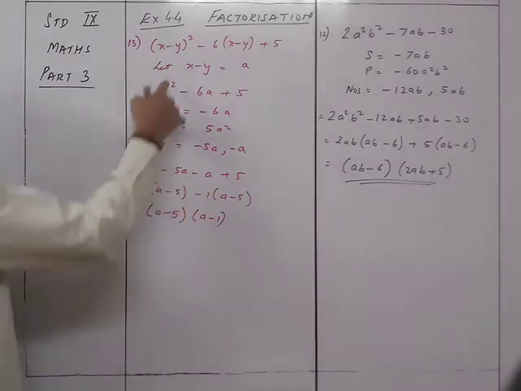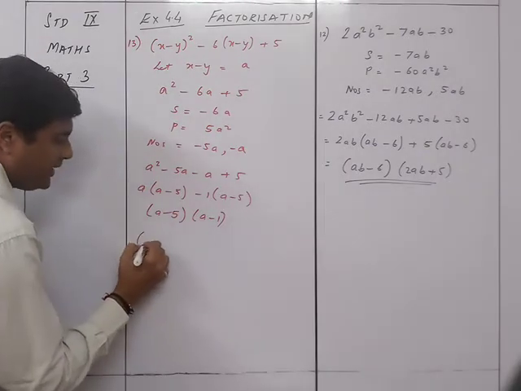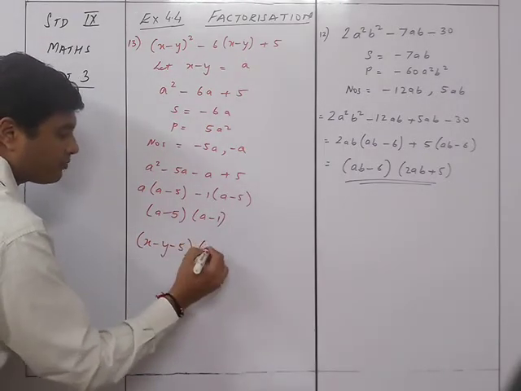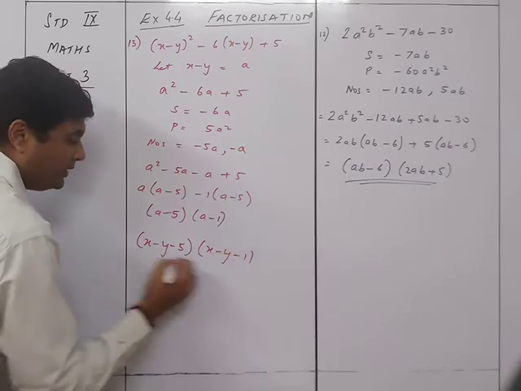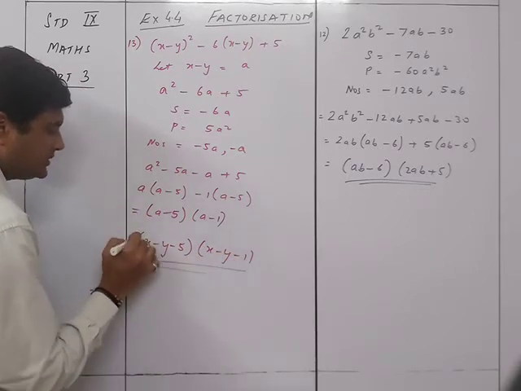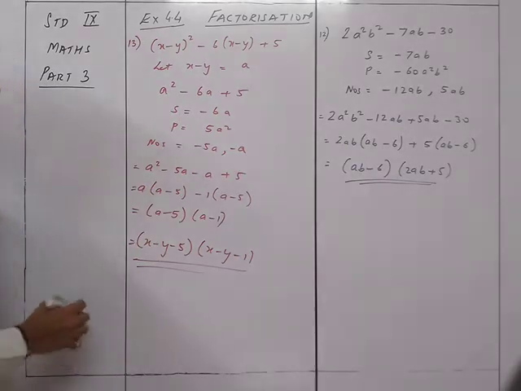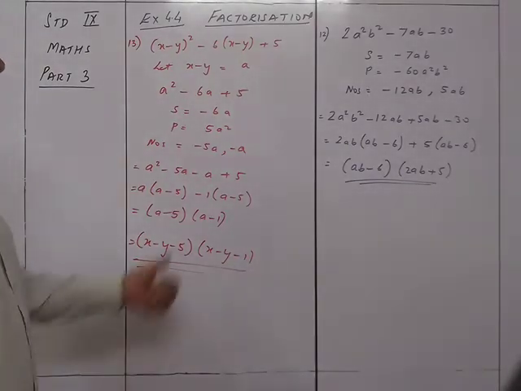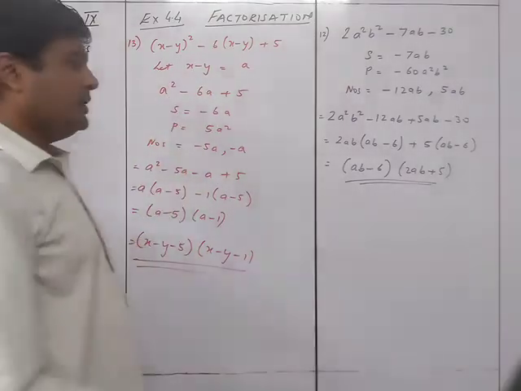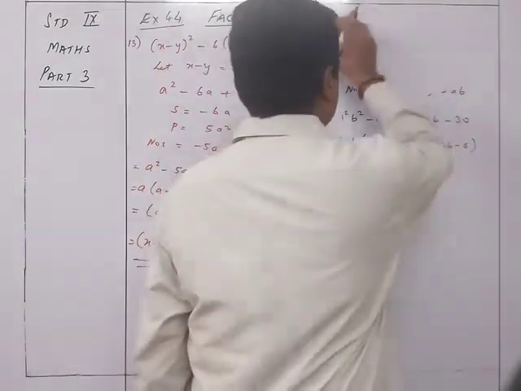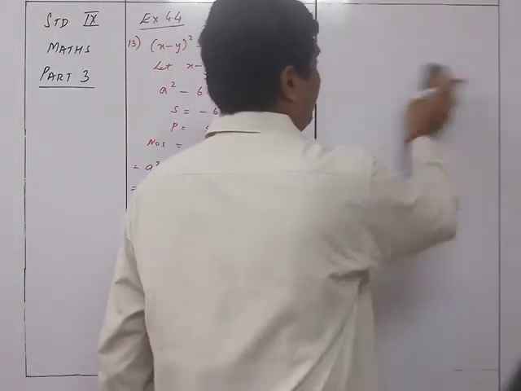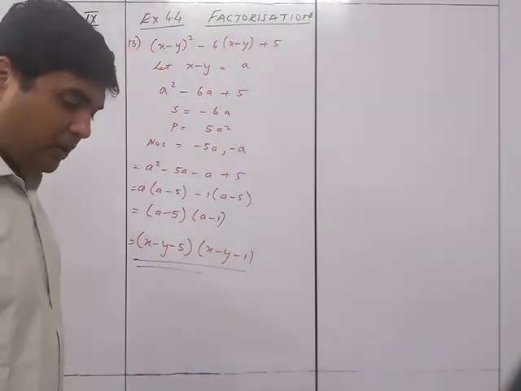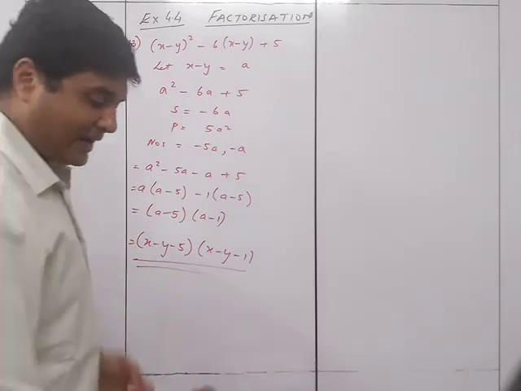Now you resubstitute the value of x over here. So it will be x minus y minus 5 and x minus y minus 1 to be the answer. Okay, so that is how we are doing sum number 13. Very easy. Only thing we just removed the part which was confusing and took it as a variable so that it's easier for us. So that was sum number 13. We now move to sum number 14 exactly the same way.